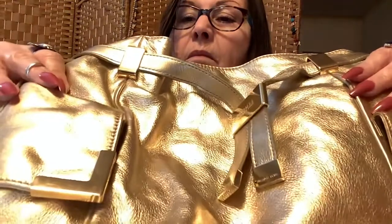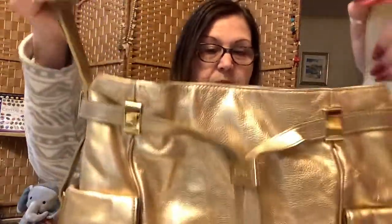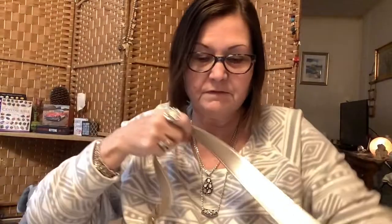He is big. You do have a little bit of scuffing, just, I mean, very slight. I'll show you. You can see that there and there. This is actually 12 inches high. And you hear him, you can tell he doesn't feel good. It's about 14 across. It's just a beautiful purse. And I'm going to put 50 on it. I'll come way down off of